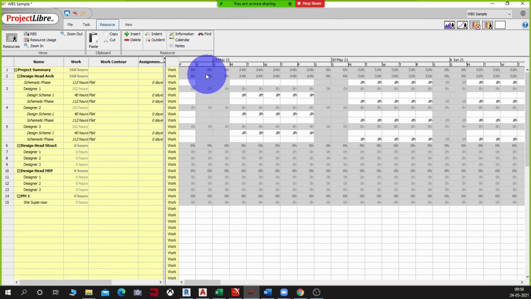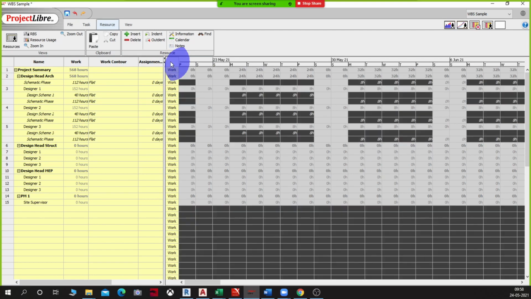Let me add a few more items here. Right now it's only telling me the work that is to be done. I'm going to come to the top left corner of my spreadsheet, right click, and add BCWP and BCWS.